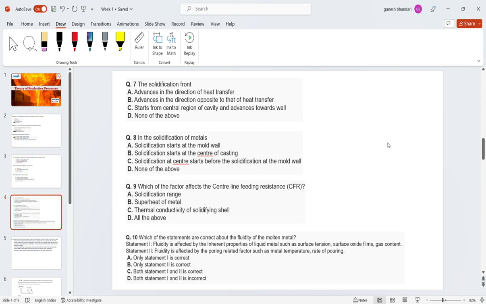Okay, so once it gets more clear, suppose I'm pouring a molten metal. Just imagine a simple horizontal pipe, and I'm pouring molten metal into it. Suppose the question is that the solidification front advances in direction of heat transfer. Suppose one side temperature is around 400 degrees, and suppose your melt is lead and tin only. 400 degrees on one side, while on the other side it is room temperature. And you are throwing molten metal from a bucket into that pipe, like you throw water from a bucket.